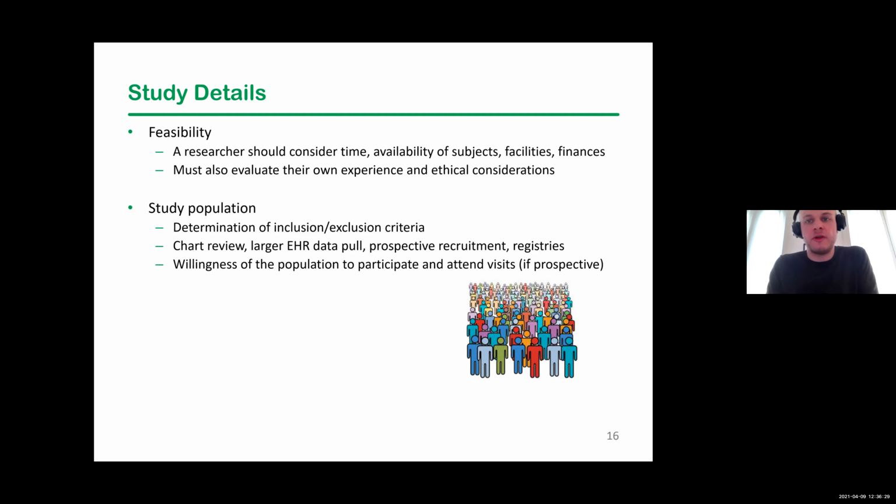If you are venturing out and doing your own prospective data collection, you are collecting new organic data. How willing and how able are you to collect the data from the population you're trying to study? I work a lot in infectious disease research and HIV specifically. Historically, this population is very hard to bring into care and keep in care, so our prospective studies often suffer from high attrition. So when you're thinking about the study you want to carry out, think about how easy or hard it's going to be to keep people in care, keep people in your study, and proactively do all that you can to keep them in the study.